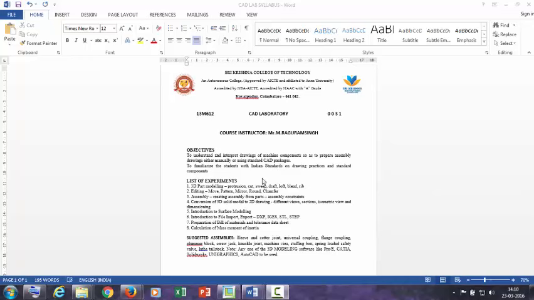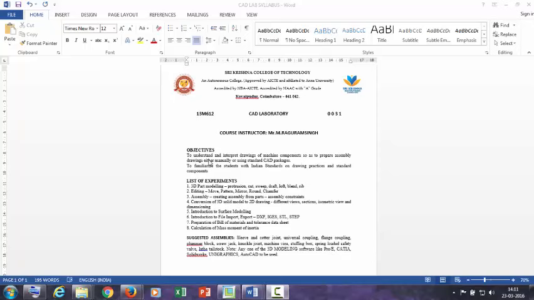The main objective of this laboratory is to design components which we are going to manufacture. Basically, you might have studied 2D drawings and converted them into 3D drawings and assemblies. So you might have drawn it in machine drawing. So here we are going to use a software called Creo Parametric 2.0. We are going to design the part and assemble the part and convert that 3D part into 2D, or 2D into 3D.